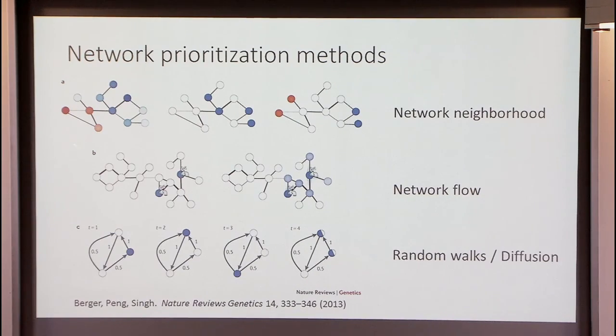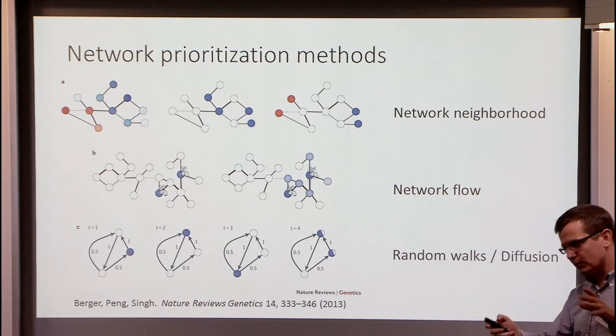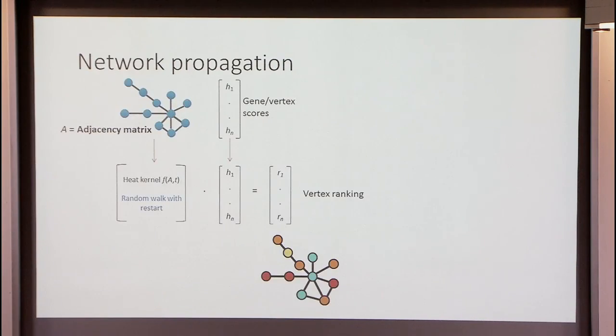So for example, you might have a situation like this where here are 4 genes that we know are cancer genes. Could we predict new cancer genes? We might expect that maybe these 2 are also cancer genes because they interact a lot with cancer genes. With these approaches that look at interactions in the network neighborhood, it turns out biological networks have high degree nodes or hubs, a very heterogeneous topology. So looking at nearest neighbors often doesn't work as well as doing this in a way that encodes the topology in a more continuous way, if you will. So using a network flow approach or a random walk or diffusion approach on the graph, you can encode the topology of the graph beyond nearest neighbors.